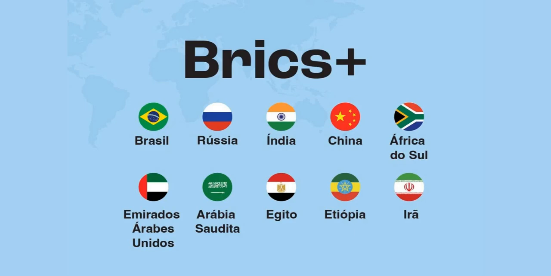We have now BRICS Plus because some new countries came in: Iran, Saudi Arabia, Egypt, Ethiopia, and the Emirates. But we also have another 26 countries that have applied for membership. It seems that BRICS will become much bigger in the future, because BRICS actually tries to take over the